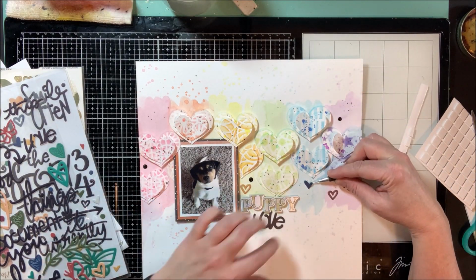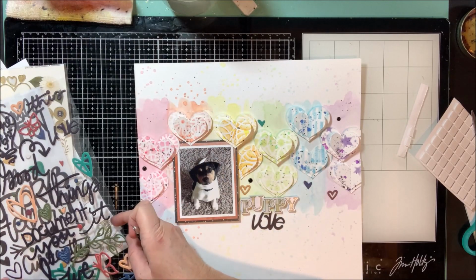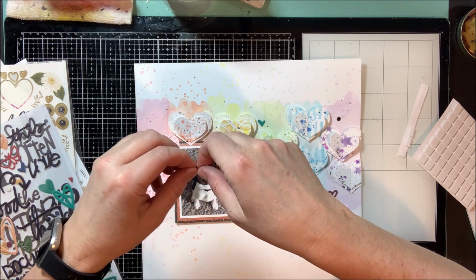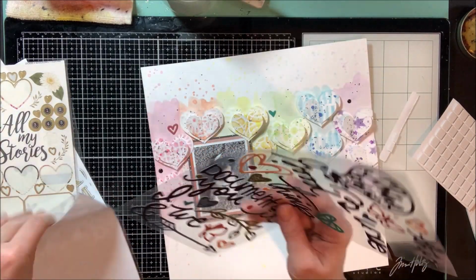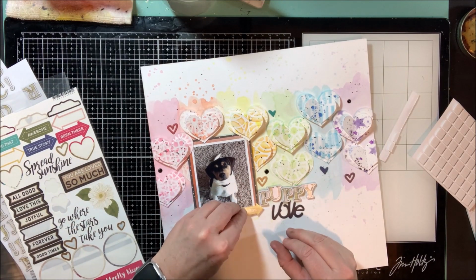So I'm going to take all the different colors that I can find and put them in the same color grouping along my rainbow there. Trying to get one in each area as best as I can. So I'm trying to use all the different colors. And I'm trying to place them so that they're kind of up and down and not, again, quite so straight across. So I'm going to put that aside for now,